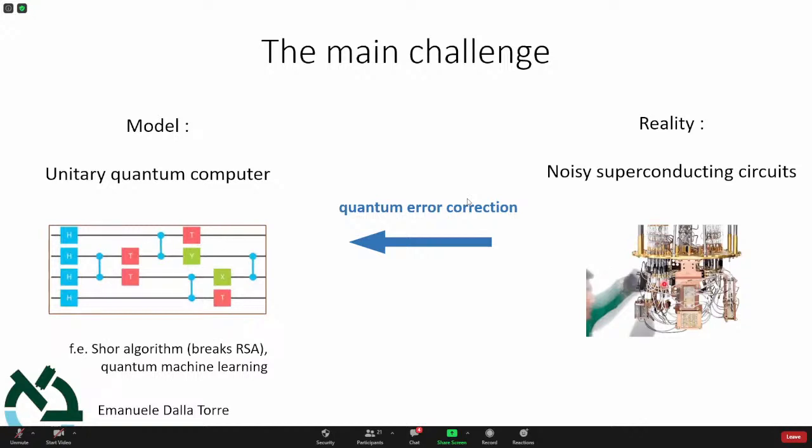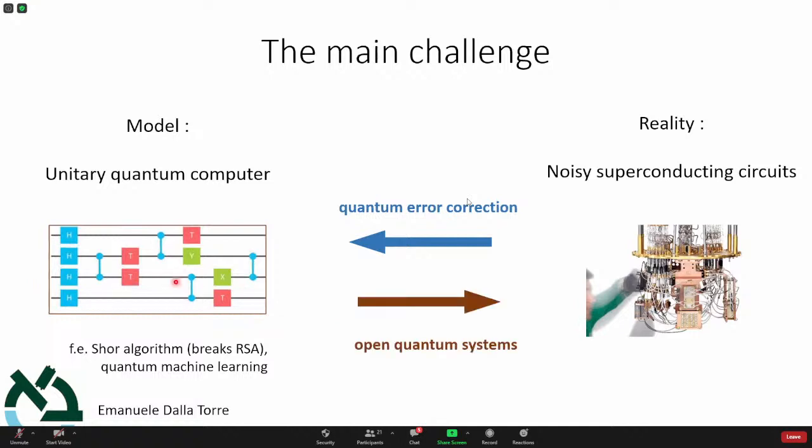So instead, you encode each qubit in many qubits, and then you take the average. And so you know that the average will be closer to the correct result if you just average over many qubits. So this is the simplest code. Of course, there are more advanced topological codes, etc. But the idea is always the same: to improve the hardware so that eventually you end up with this unitary model of quantum computing.